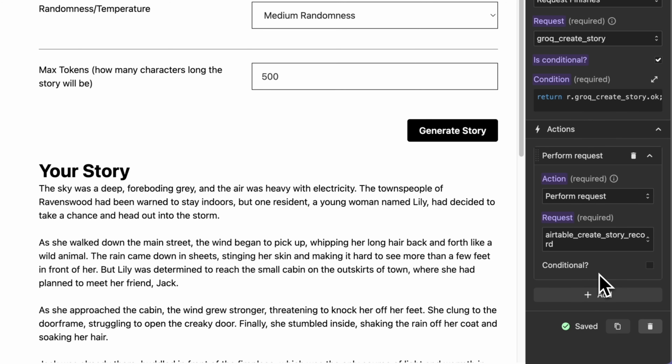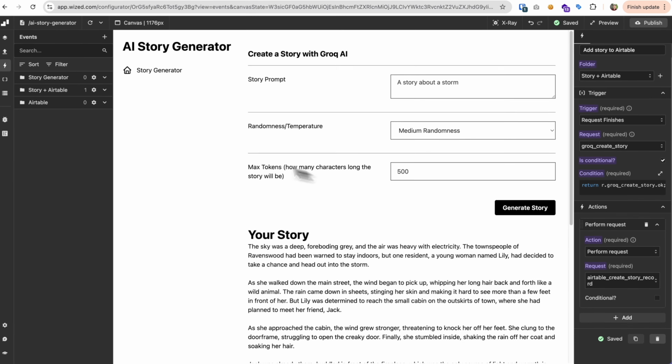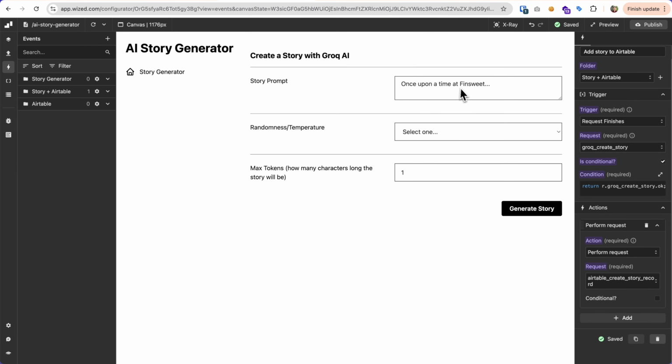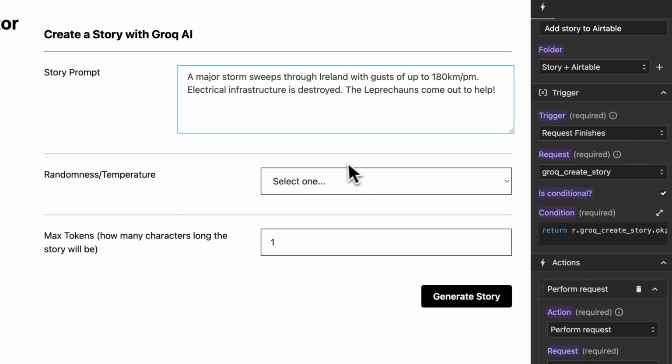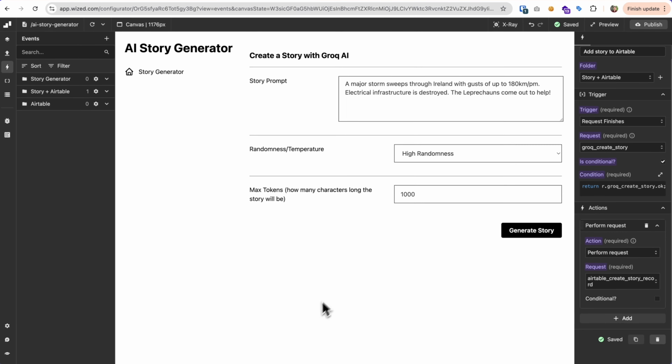Okay, now everything should be linked up. To get this event to load, we will refresh our canvas and I'll come up with a slightly longer prompt to test that 30 character JavaScript that we created. We did just have a major storm that knocked out a lot of the electrical infrastructure, and the leprechaun part is me just stereotyping my own race. Why not? Okay, now we should be able to generate our story and the record should be automatically added to